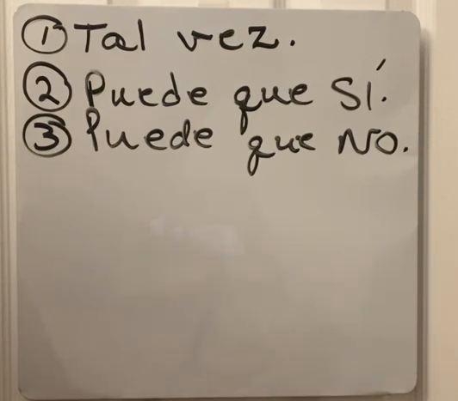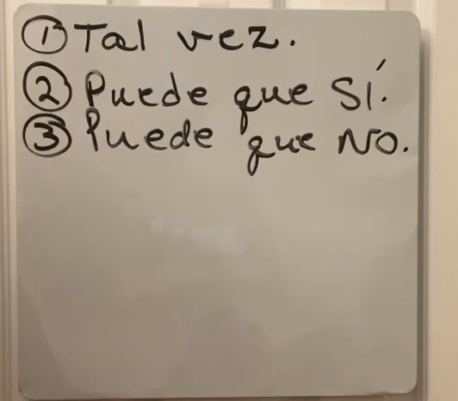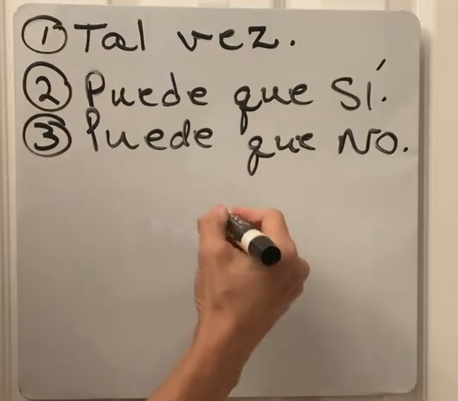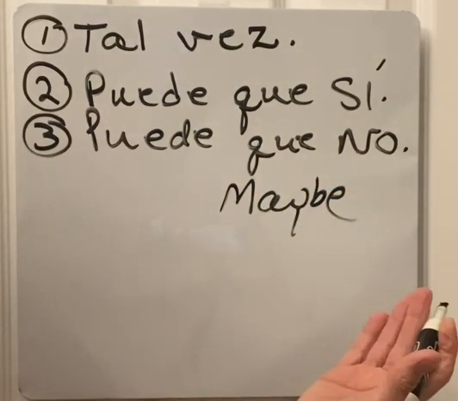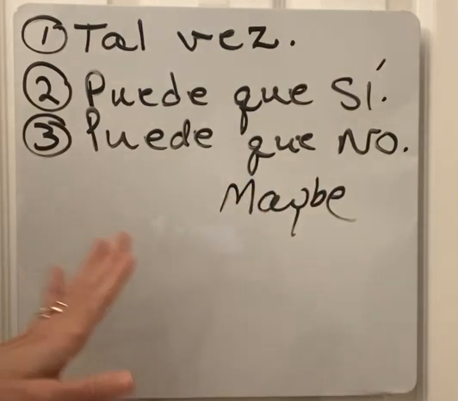If you remember, at the very beginning of these videos, I did mention that Spanish tends to be more wordy than English. As a norm, not always, there are exceptions, but as a norm. And this is a perfect example. You just want to say a simple maybe. That's all you're trying to say. And look at all that. I mean, that's quite long, right? So for now, that's a no-no.